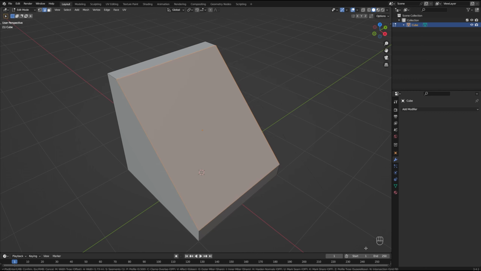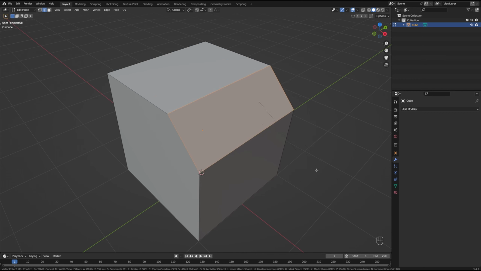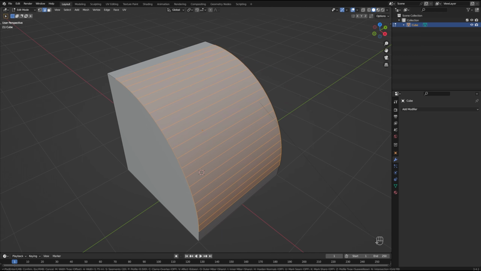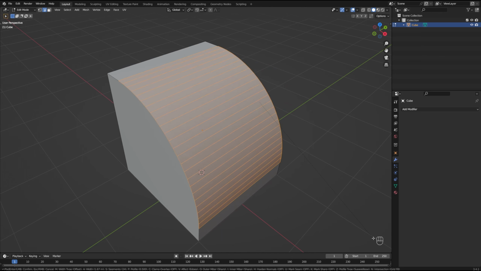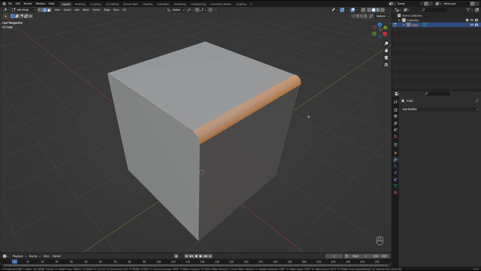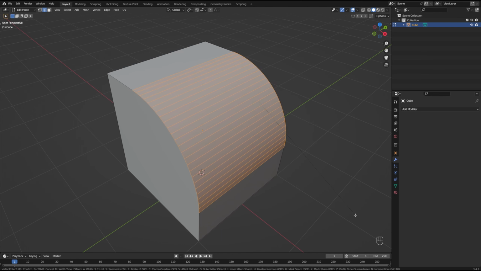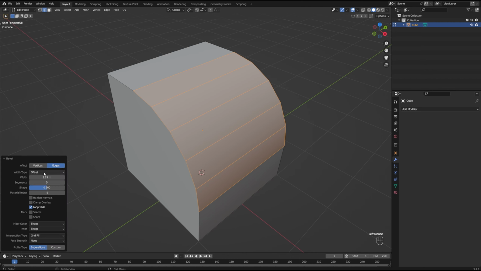beveling menu. So now we can move our mouse in order to increase and decrease the amount that we bevel, and we can also scroll up on the mouse wheel to increase the number of segments we're beveling with to make it smoother, or scroll down in order to decrease the segments. So this is great for hard surface modeling, subdivision modeling, and others as well. So to confirm, let's just left click. And as you can see on the bottom left here, there is more bevel options that we can